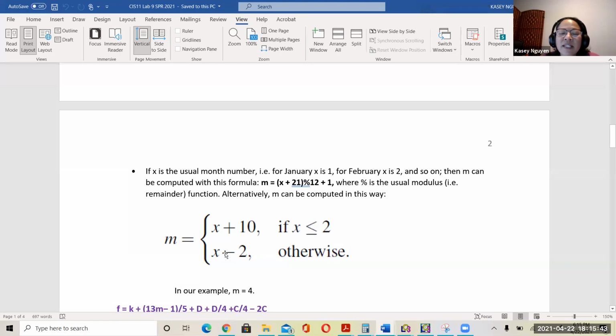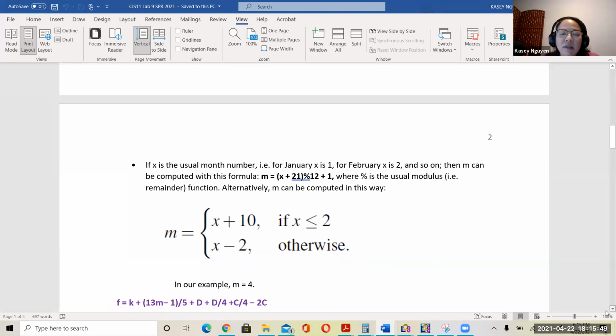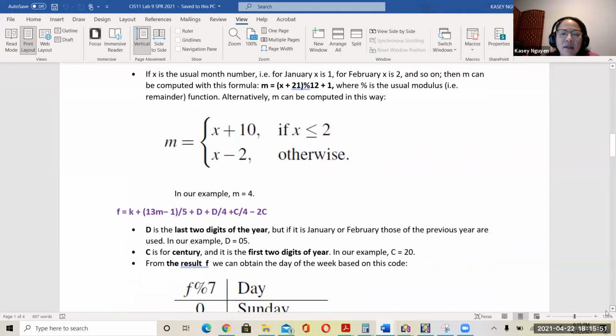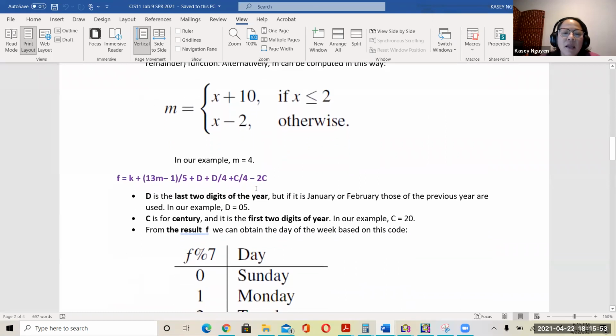Else, we take X and subtract 2. Okay? So here, in this one, this is the example where we would have M is equal to 4. Okay? And then we would plug this in for M here